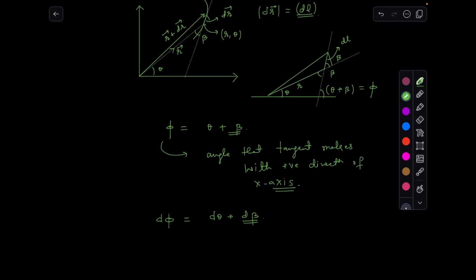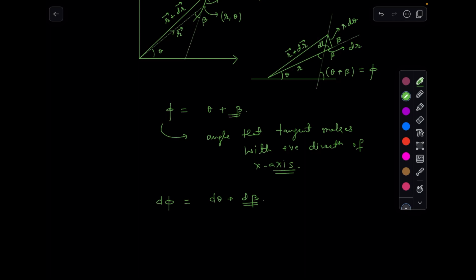In this case, this length is dl, and this length will be dr, because this is r and this will be r plus dr, so this will be dr. If we talk about this length, then this length will be r d theta. So in this triangle, we can write